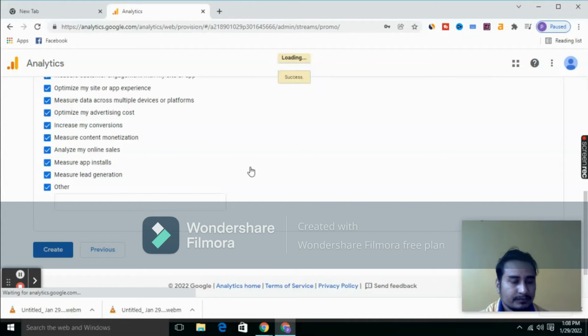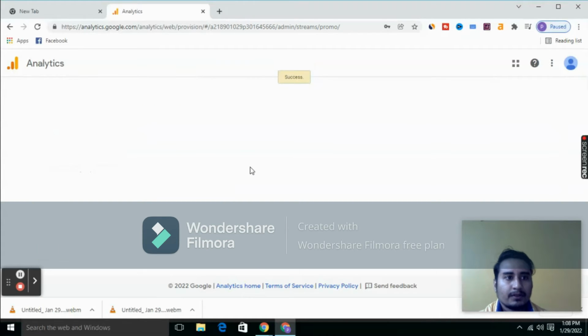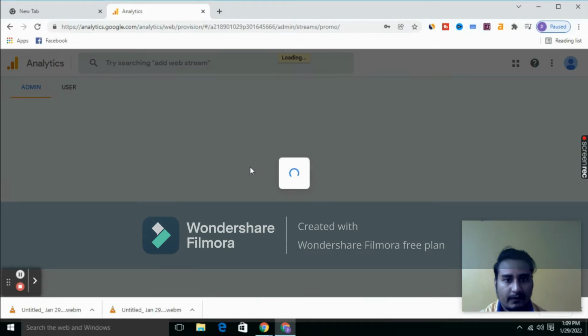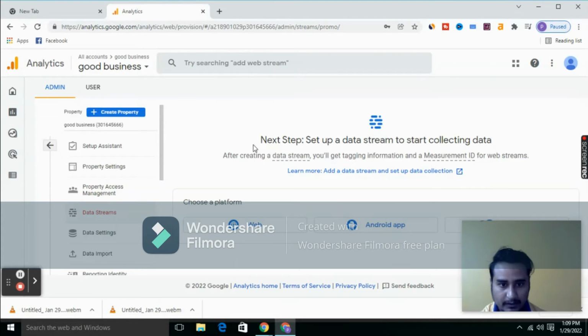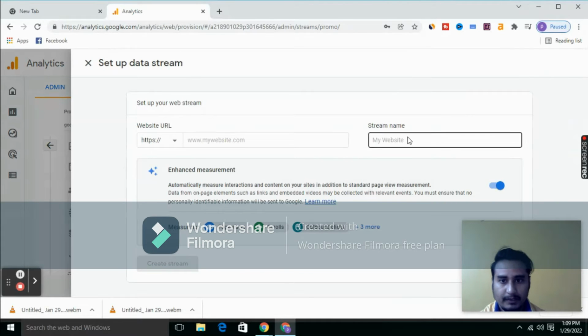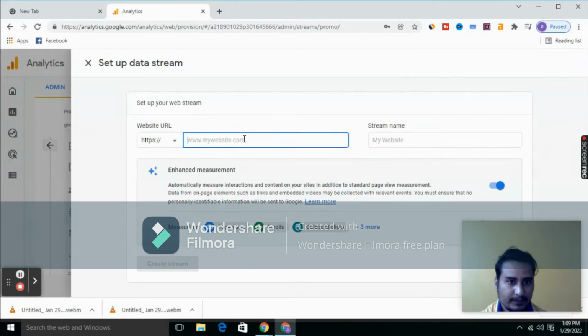So it will take us to their dashboard page. Here we will see all options, our property. We have to select whether we have a website, app, or other things. So you can select according to your business. I would select business, web, and you have to mention your website here. Just for example,